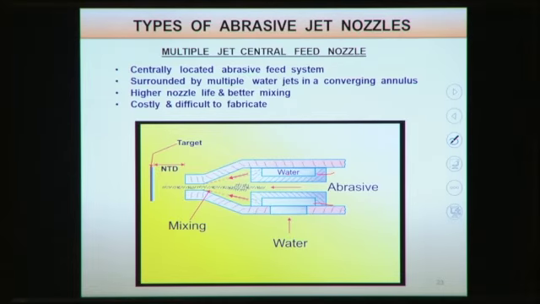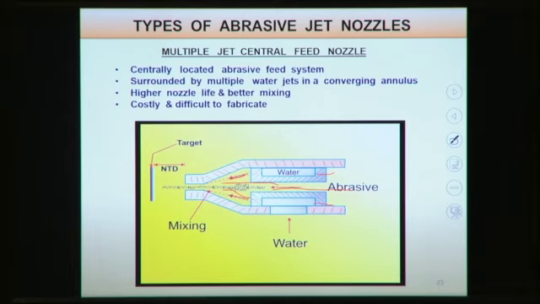So the abrasive jet is surrounded by multiple water jets in a converging annulus. Here in this converging annulus, multiple water jets are coming, and abrasive particles are coming from the center. In this case there is higher nozzle life and better mixing, but